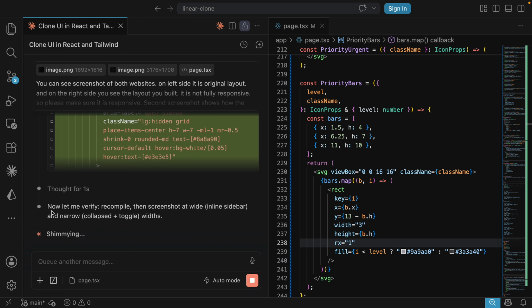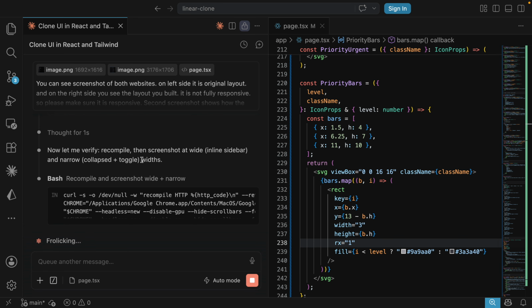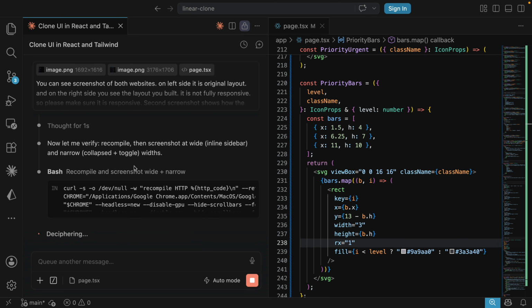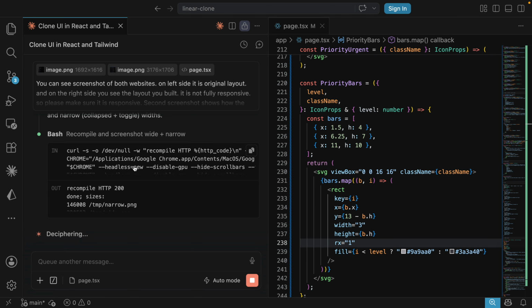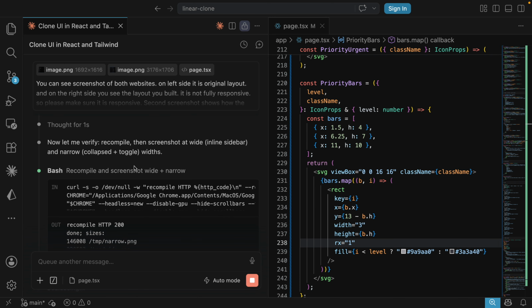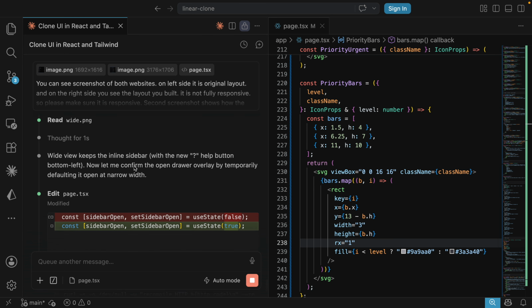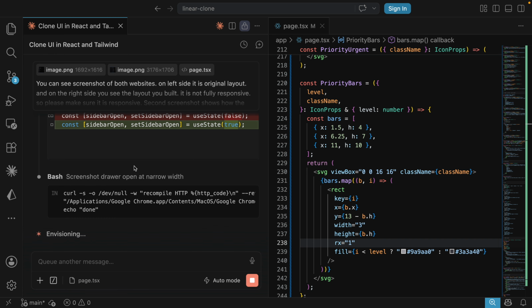After making those changes, it is saying let me verify, recompile, then screenshot at wide inline sidebar and narrow. So that sounds very interesting, that it will again take screenshots and it will test both things. It will test on the desktop screen sizes. Also, it will test on the mobile screen sizes as well to test the responsiveness, to make sure that the sidebar disappears if screen size is smaller. So it will test in both ways, and once everything looks great, then it will